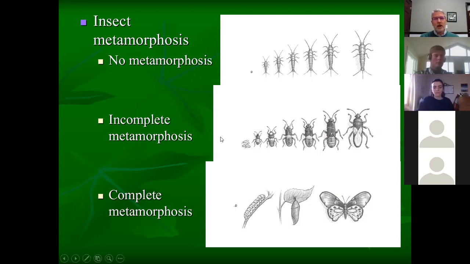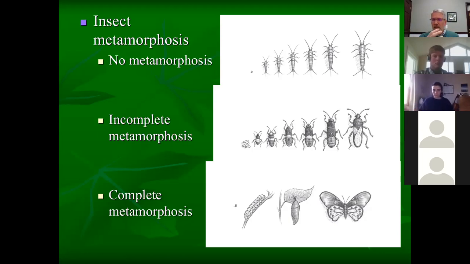Okay, metamorphosis. This is a big characteristic of a lot of arthropods. Insect metamorphosis can either be no metamorphosis, and then you've got the incomplete metamorphosis and the complete. And we'll talk about each in turn. No metamorphosis means that basically the insect, this little dot here is an egg, and it hatches into a larva, okay? And then it eventually gets to a point where it has to molt or shed. So it sheds its skin and molts into a bigger larva,